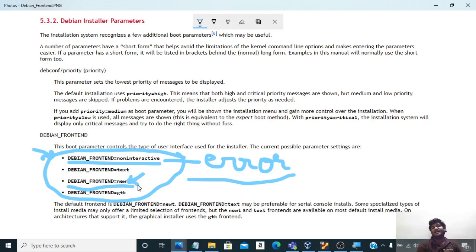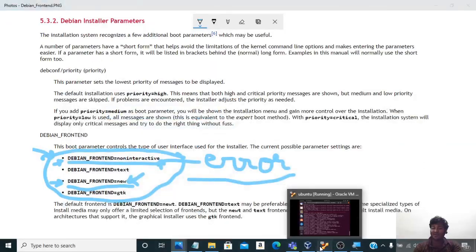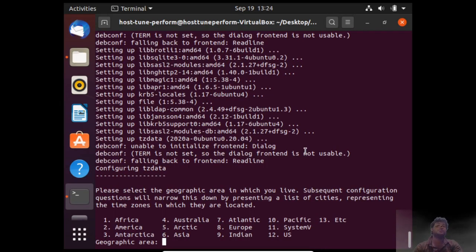There are cases in which you cannot proceed without using DEBIAN_FRONTEND equal to non-interactive, because Docker works in a non-interactive mode. If there is such a condition, then you need to make DEBIAN_FRONTEND non-interactive, and make it interactive again by saying DEBIAN_FRONTEND equal to newt as soon as your purpose is done. Because if you keep it non-interactive, it will never throw an error on the frontend, and you will never know how your application is performing.